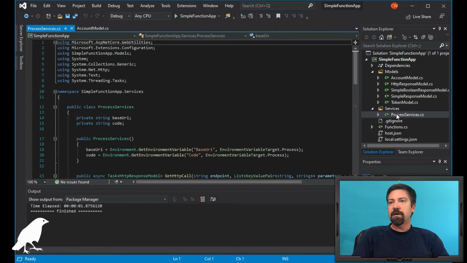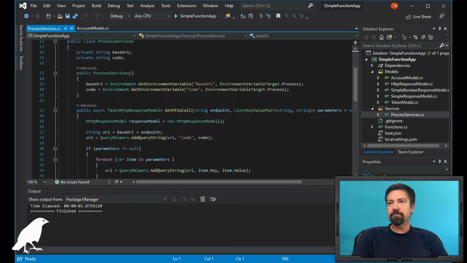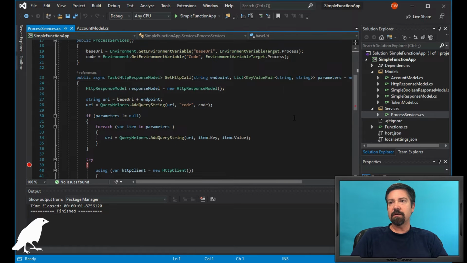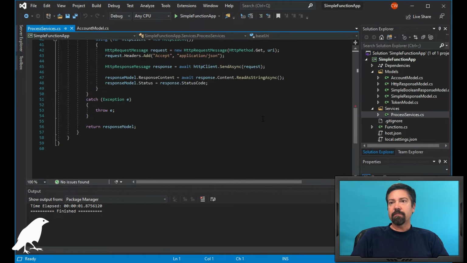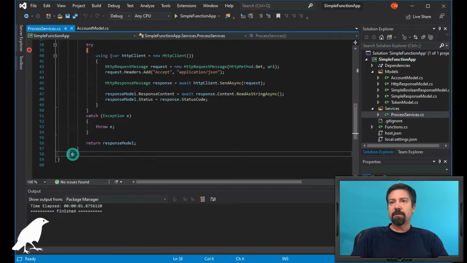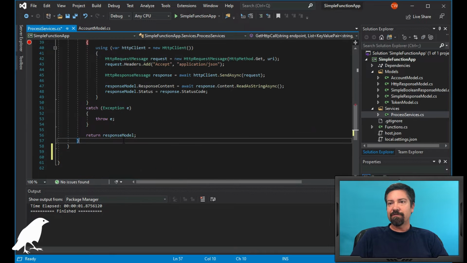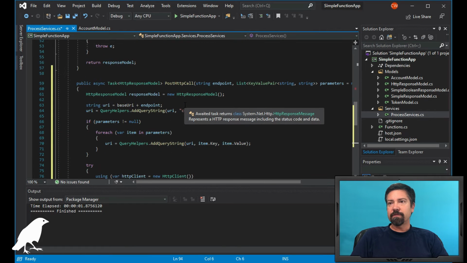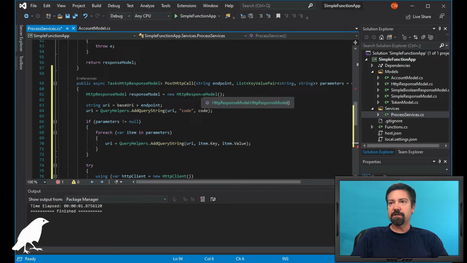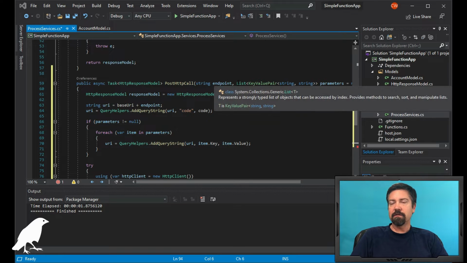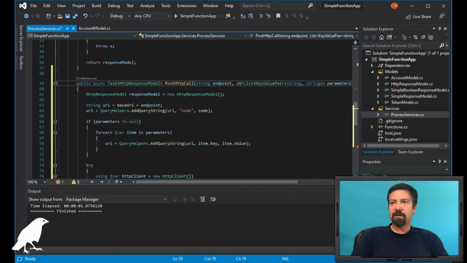So from here, let's now create a post. So right now we have, remember, our get HTTP call. And the post is similar, but we're going to actually create another function for that, just so we can have a little bit of a separation. And then we'll demonstrate how to break out some of the common elements into their own functions, so we don't have